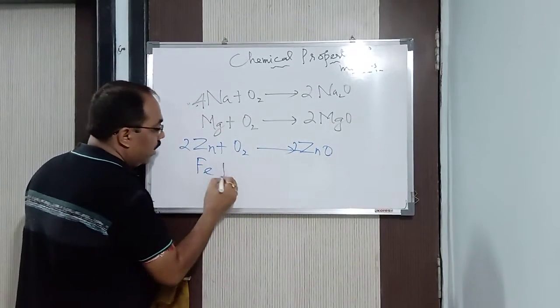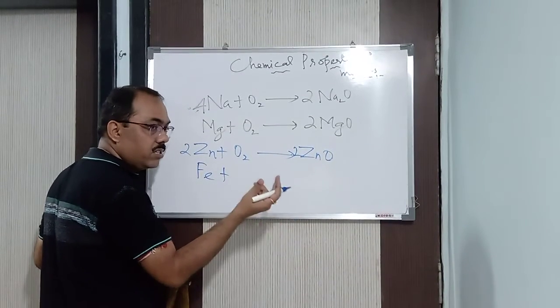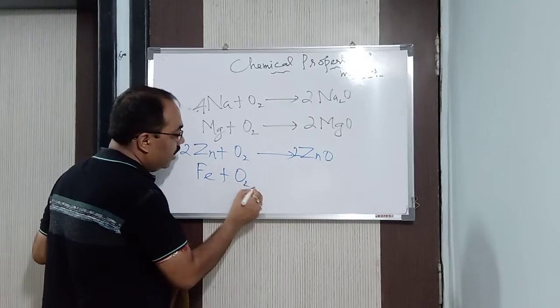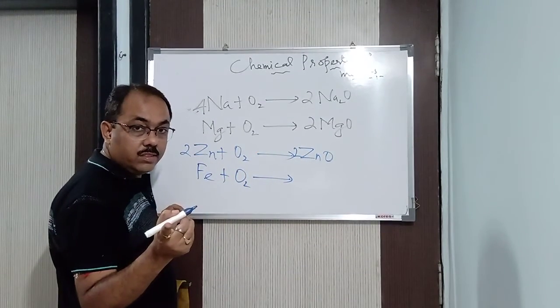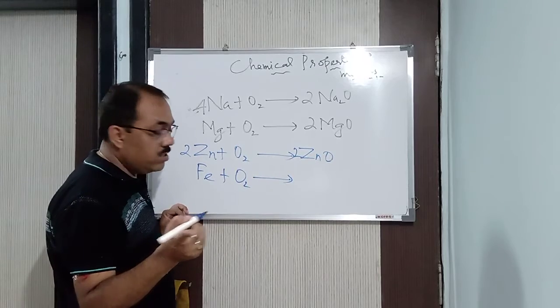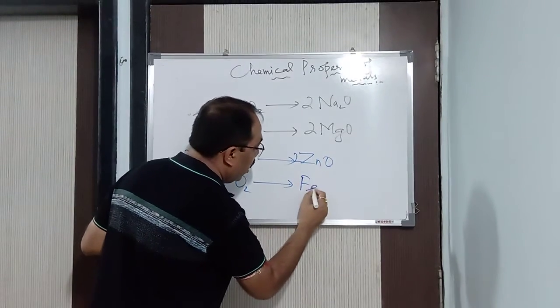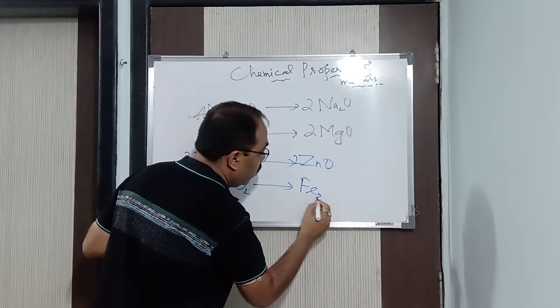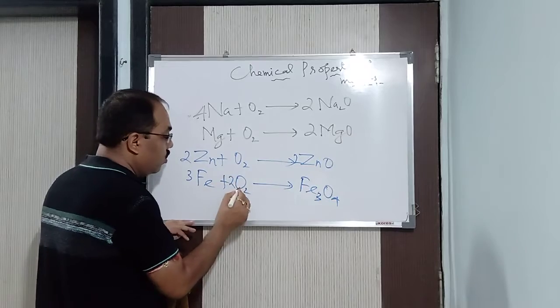After that, I take an iron wire, let us say iron metal, and I will be heating it in presence of oxygen. Now it is not going to burn. Iron is not going to burn in presence of oxygen. Rather it is going to give you Fe3O4. Fe3O4 is triferric tetroxide of iron. 3Fe plus 2O2 will give you